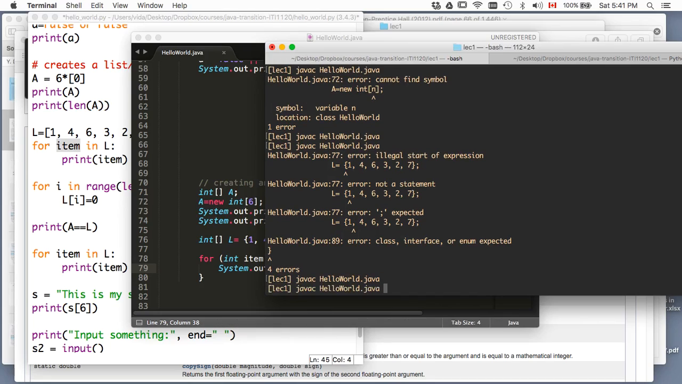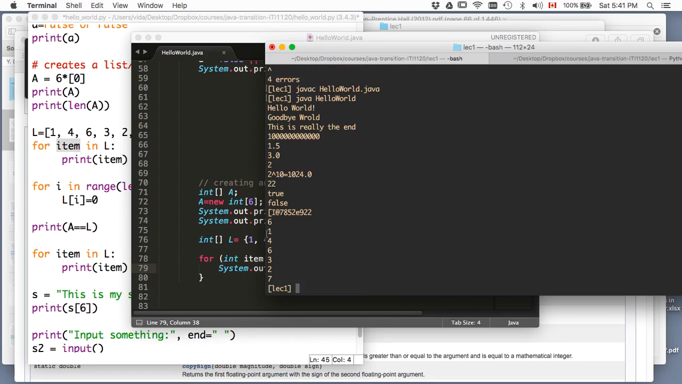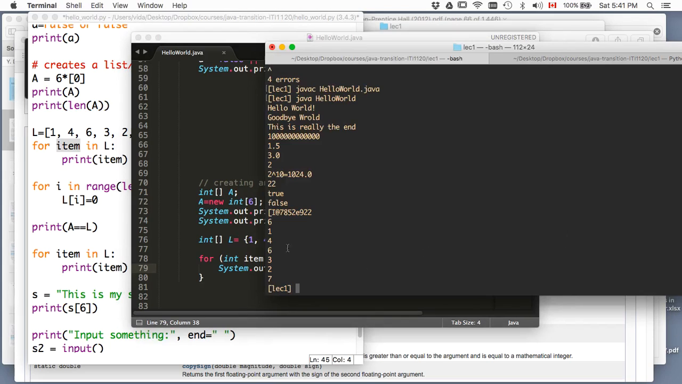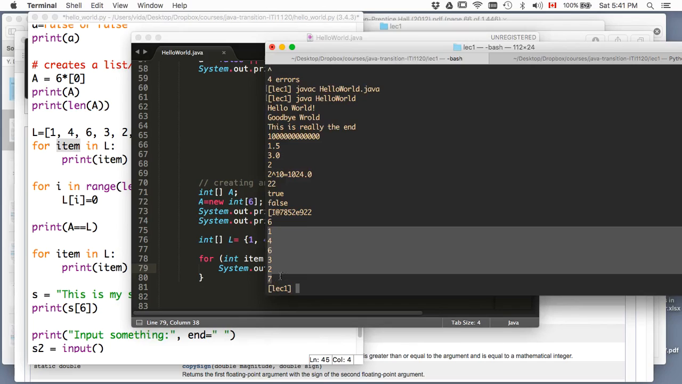Okay, and then we run it. There you go. So it was here, this is from the previous line when we print the length of that array A, and then we start here, and as you can see, we are printing elements of that array one by one: 1, 4, 6, 3, 2,